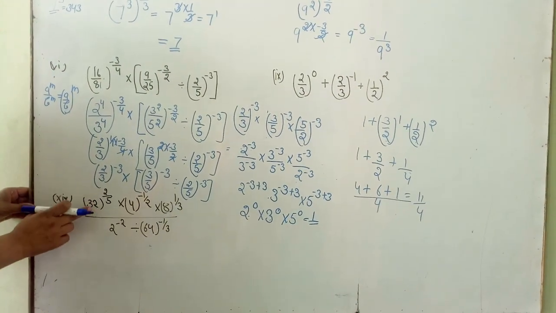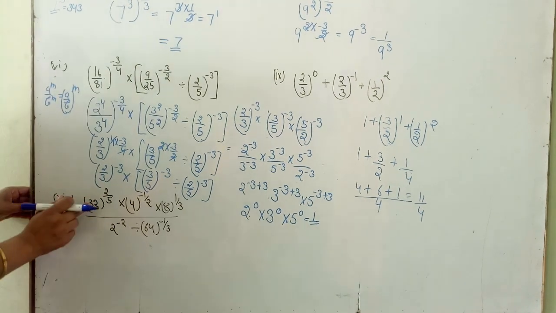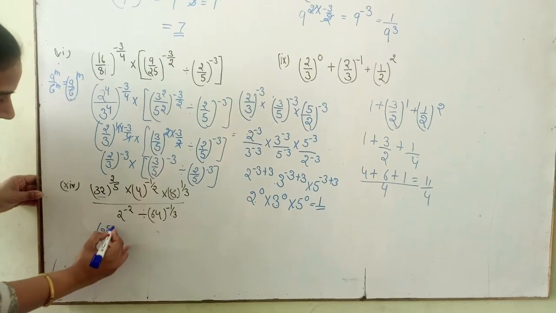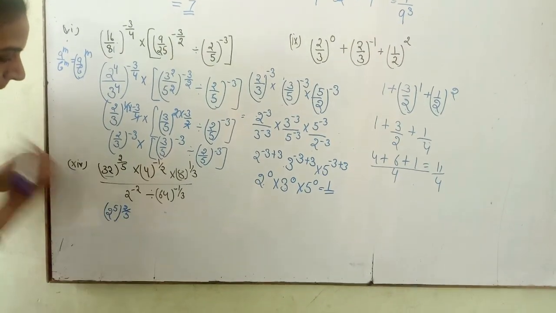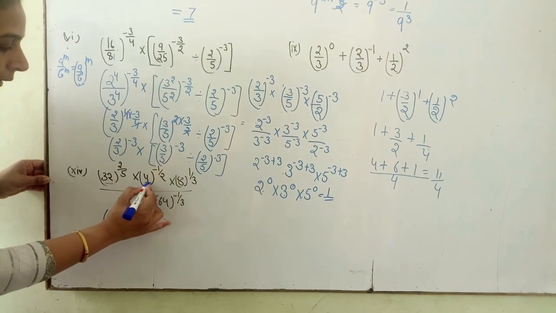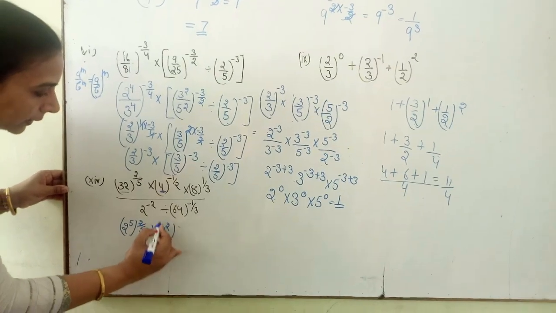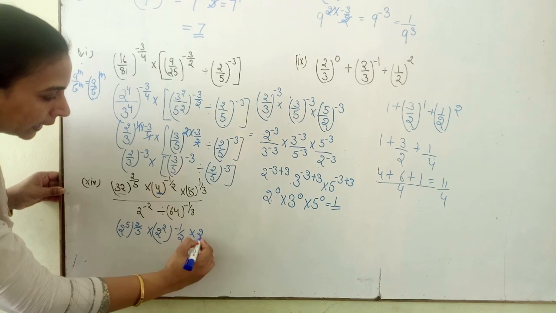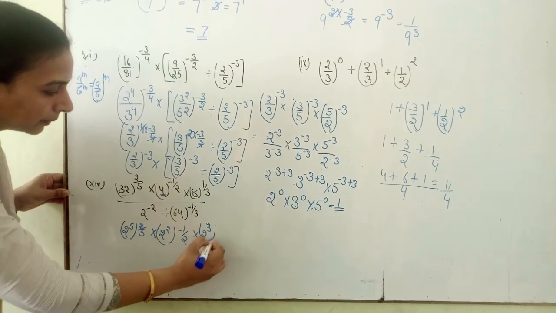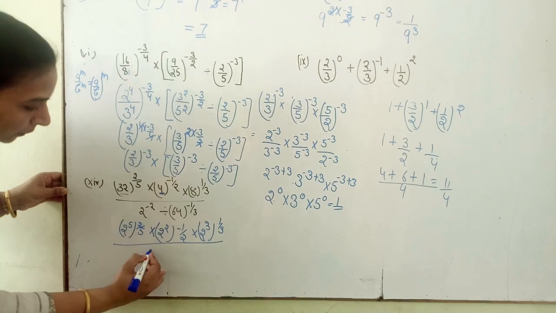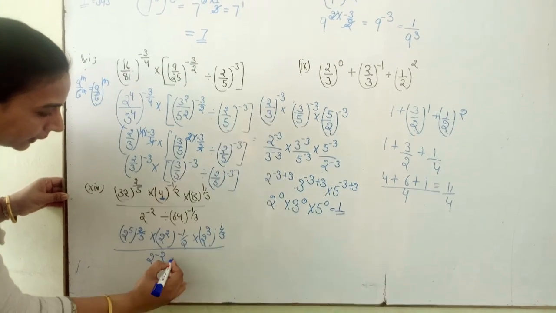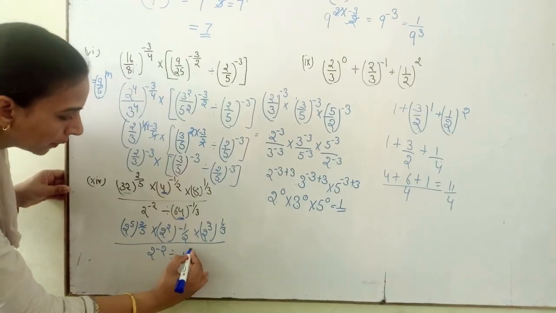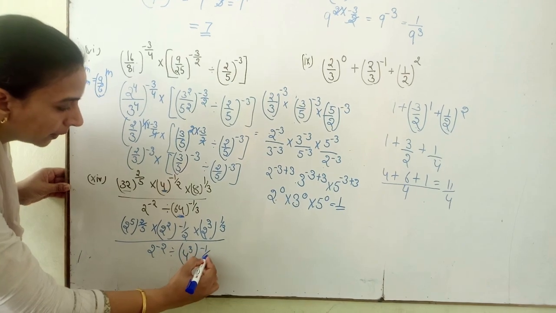32 is a power of 2, the 5th power. In place of 32, we can write 2 raised to the power 5 and complete raised to the power 2 by 5. Multiply 4: we can write 4 as 2 raised to the power 2 and complete power minus 1 by 2. Multiply 8: in place of 8, we can write 2 raised to the power 3 and complete 1 by 3, divided by 2 raised to the power minus 2 as it is, divided by 64. In place of 64, we can write 4 raised to the power 3 and complete minus 1 by 3.